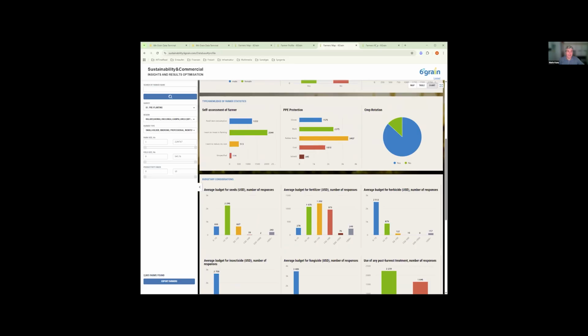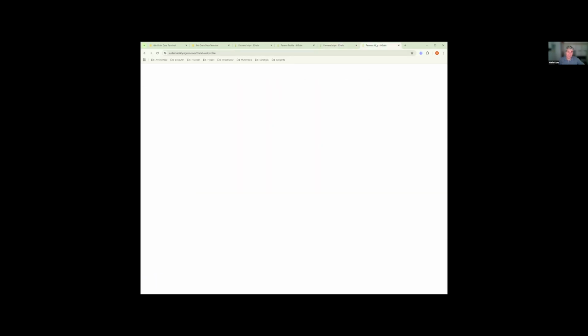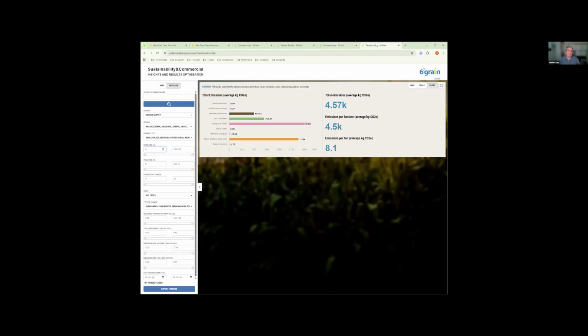And the last thing I want to show here is maybe also of interest to you. We have access to an industry standard toolkit called Cool Farm Tool, which is a very well-respected tool to convert behavior into carbon.